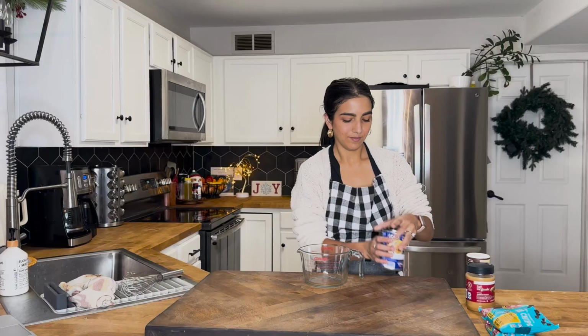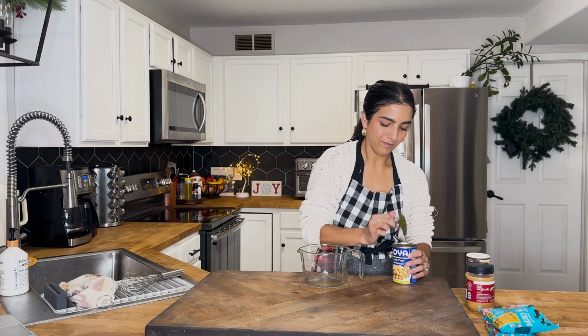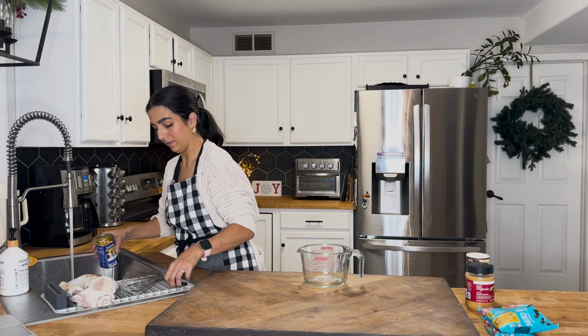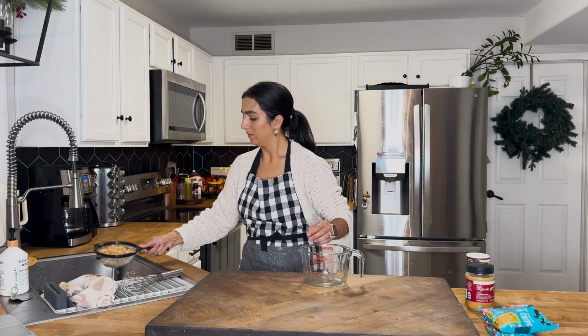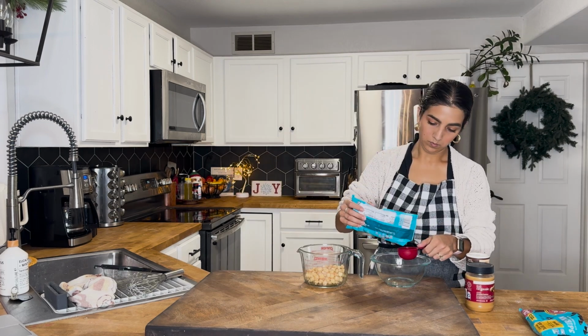Next up, I am making some chickpea chocolate truffles. These are another ones that I've seen all over Pinterest before, but I've never actually made these, and I had no idea how easy these were. I don't know why I've ever bothered buying chocolates from the store when you can make these and they're so much healthier for you. I first started by just draining a can of chickpeas, and then I took my chocolate